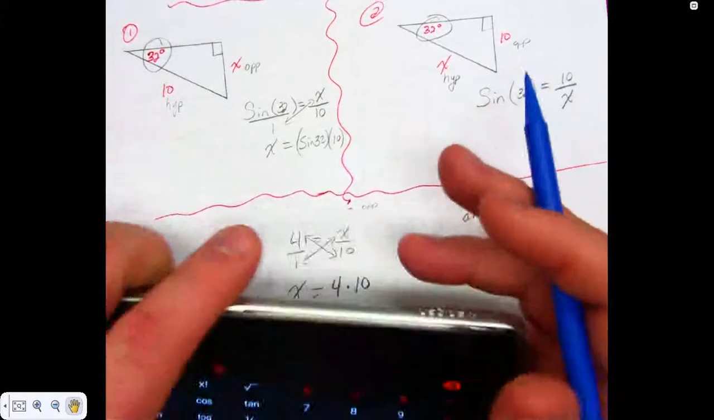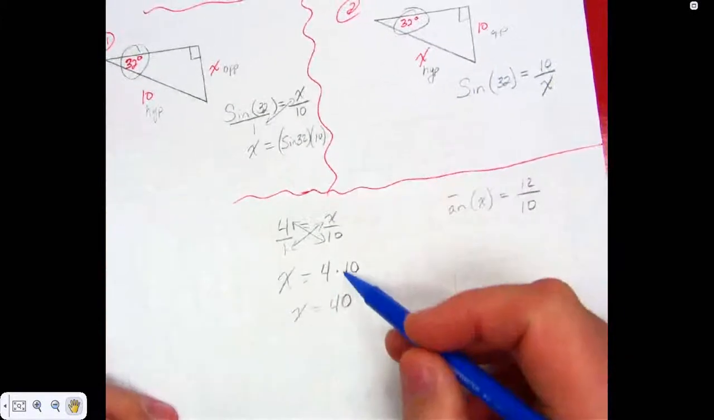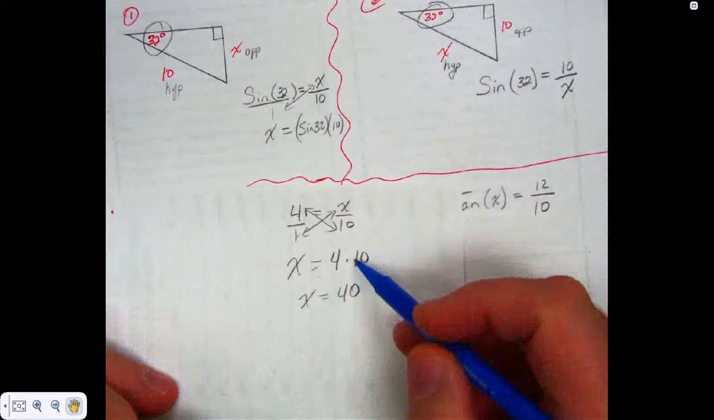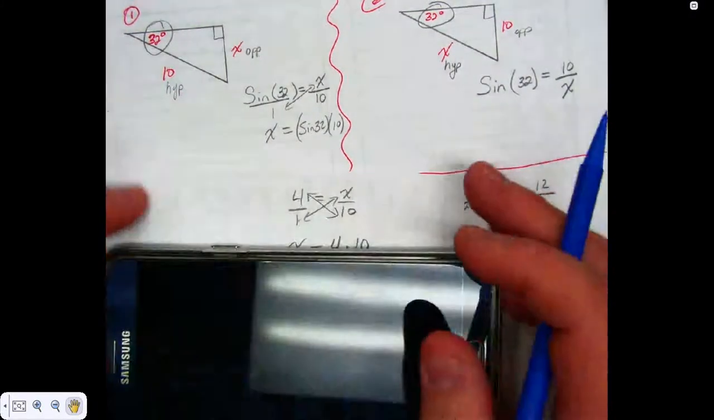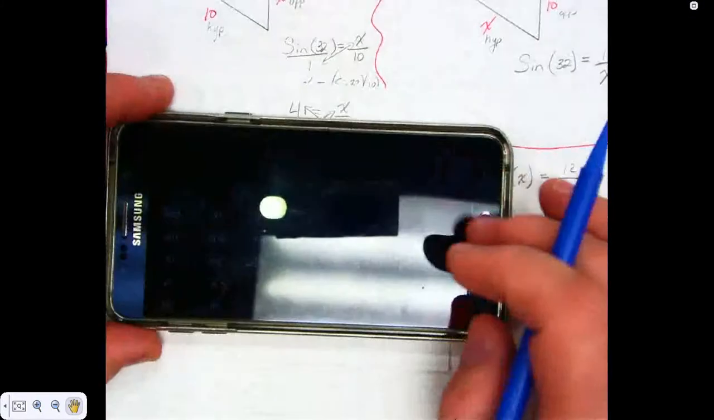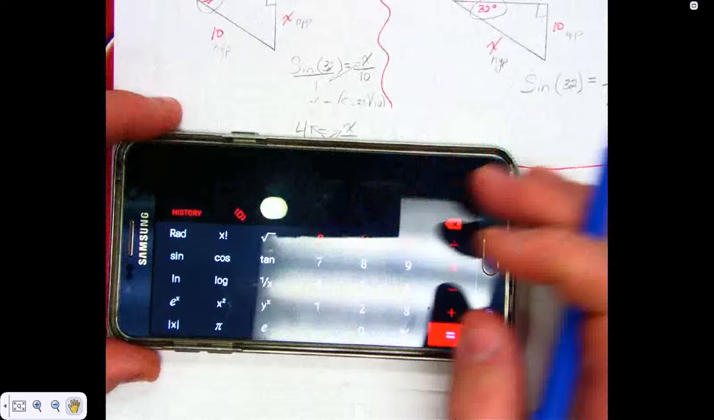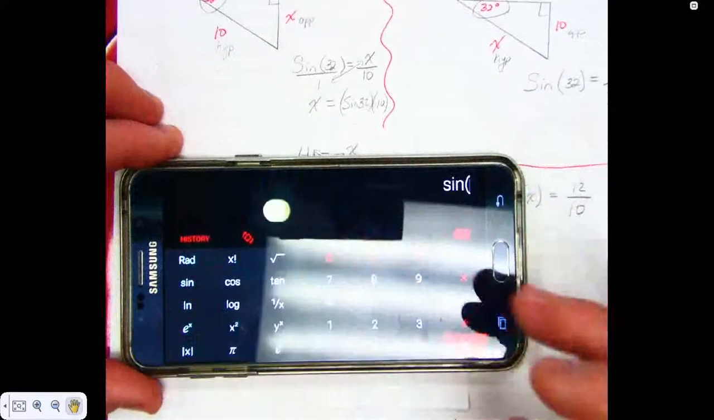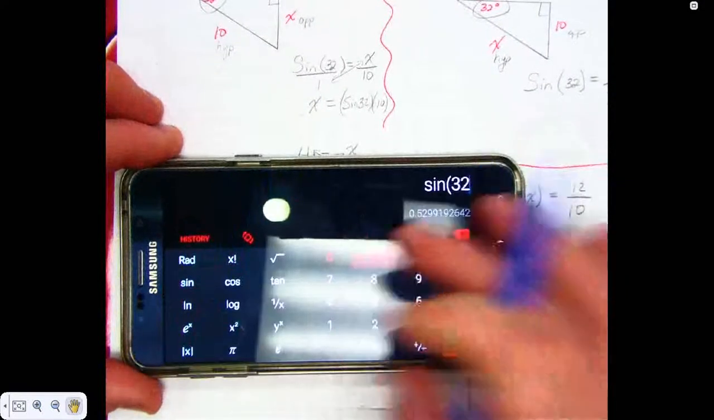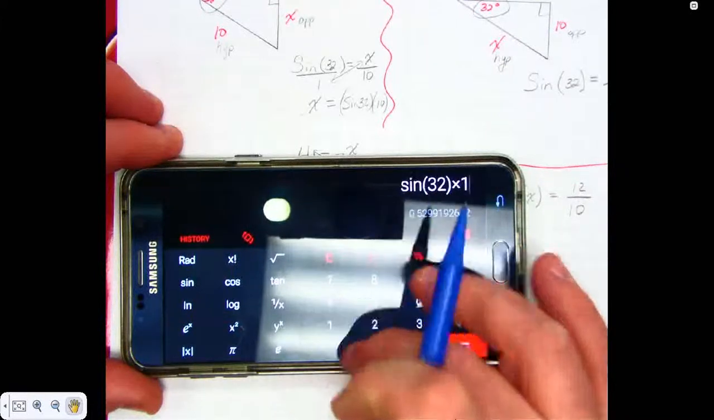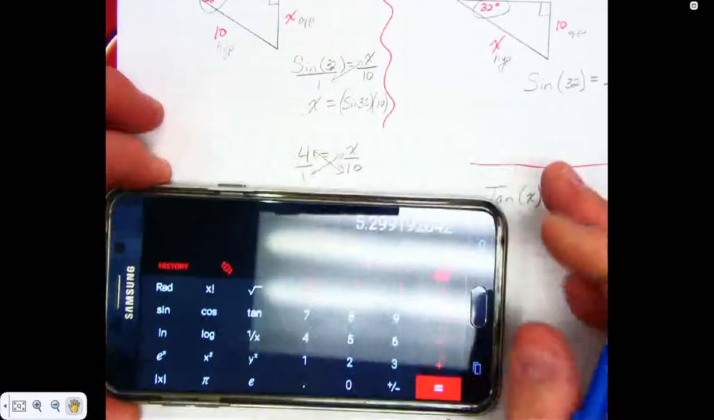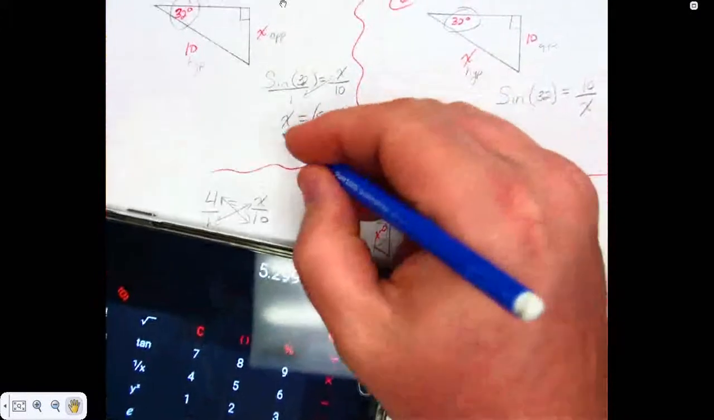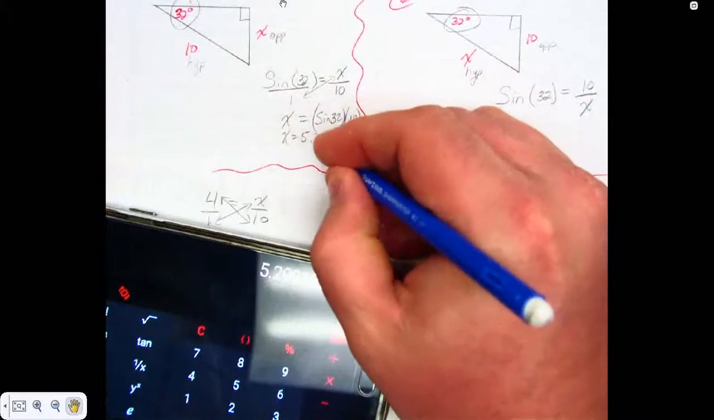except, and here's the deal. I will say in some ways this is almost harder. Why? Because you had to know what 4 times 10 was, right? I kind of really don't. I guess you could use the calculator for that too, but here, the calculator's going to do all the work for me. I'm going to say what? Sine of what? 32 times 10. And then I press equal. What do I get? X is equal to